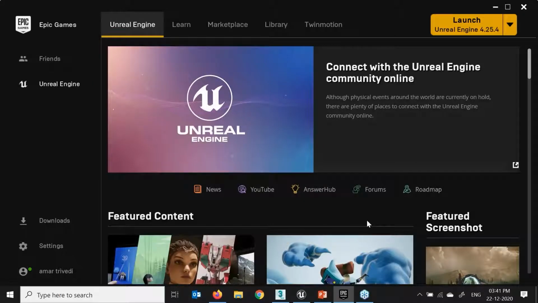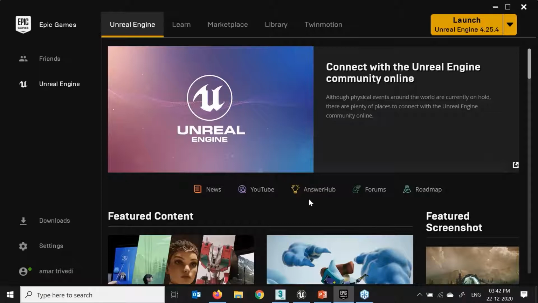This is the Epic Launcher. All you have to do is go to Google, right, and search for Epic Games or Unreal. Once you install Epic Games, before installing, you have to share your email ID for registration. Unreal is totally free. We are not publishing any games. If we are publishing any games, there is some royalty we have to pay to Unreal, right? If our quarterly business goes above $3,000 or $1,000, then we have to pay 5% royalty to Unreal. But for starting and learning, it is totally free.